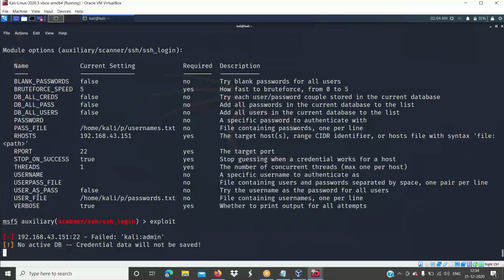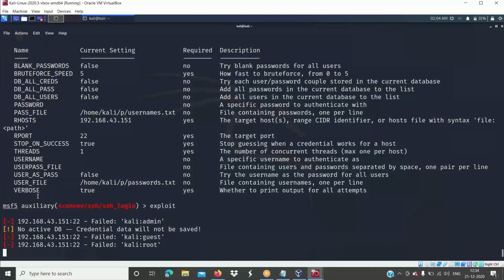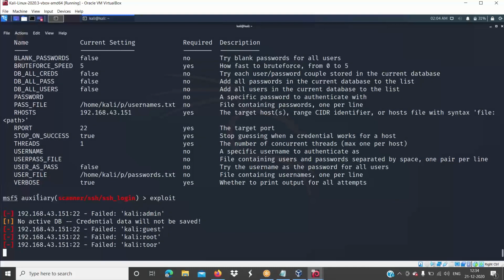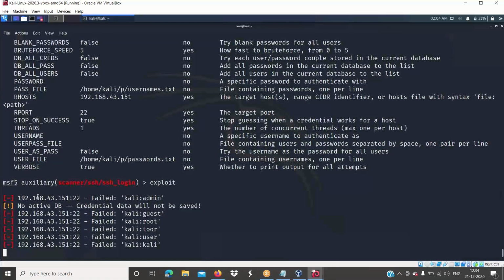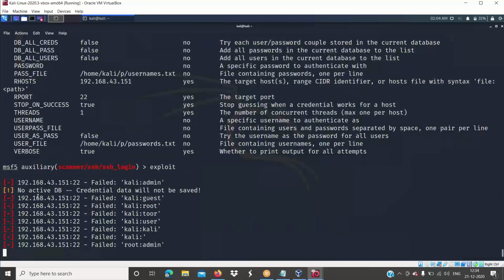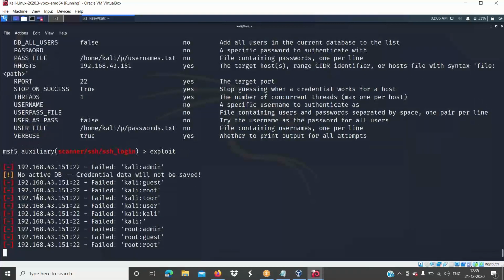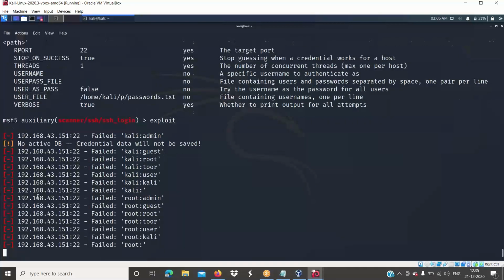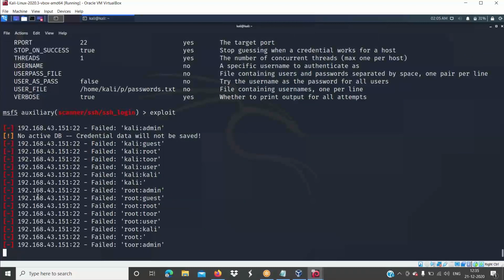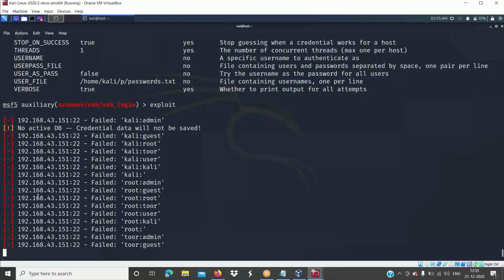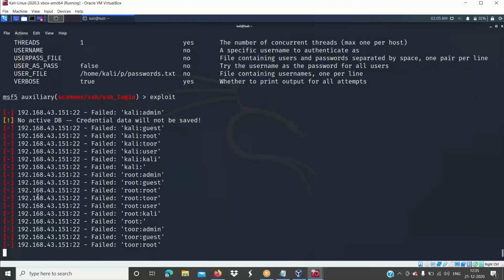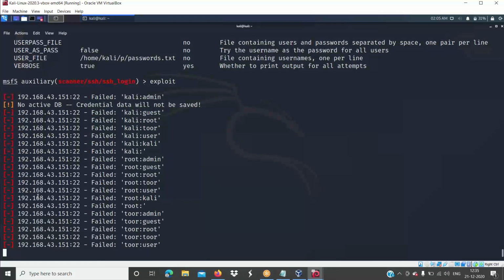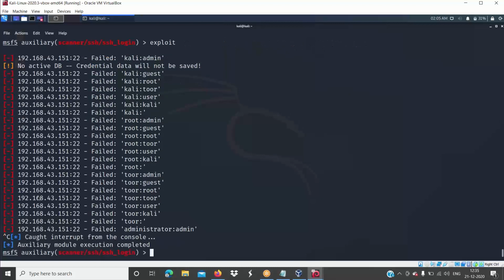Automatically it's going to use the first username in the first list and compare it with the passwords in the second word list. Whenever it finds the right username, it's going to open a session with that, and the attack will be stopped. In this case, it's not going to give the right username and password because there is no right username in the list. So let's go there.